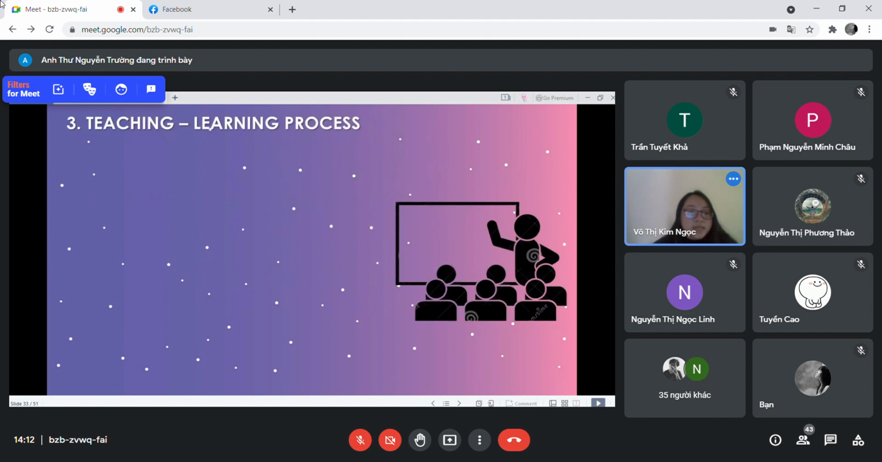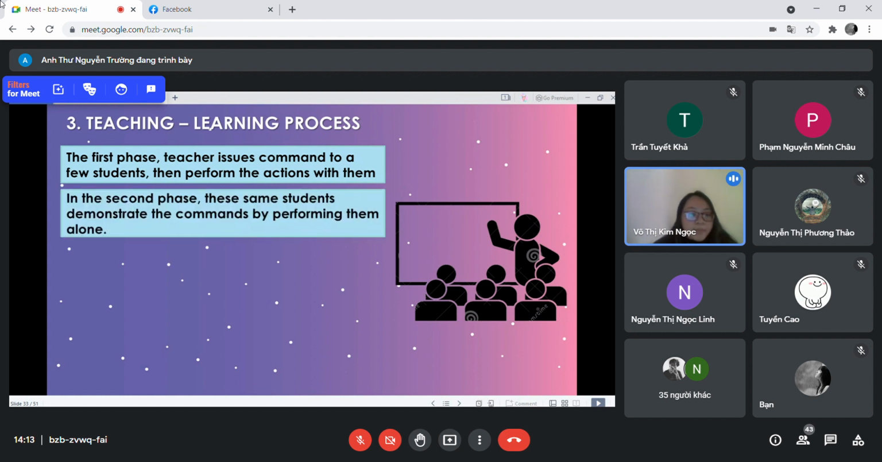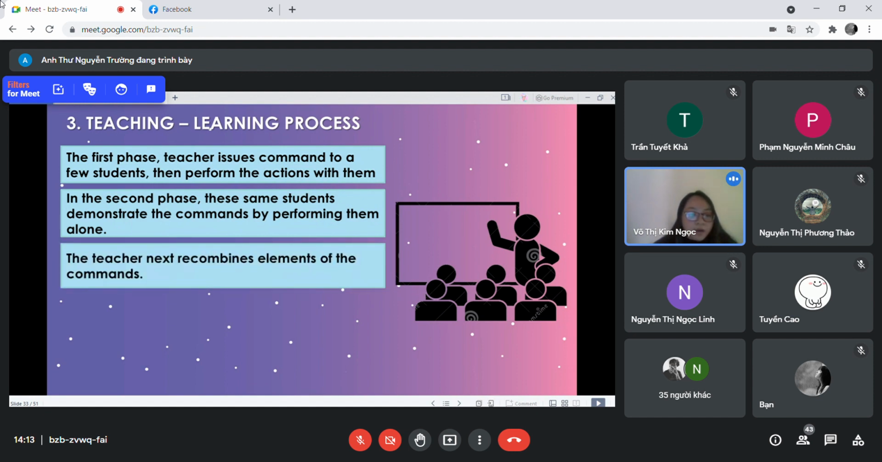Move to the next part, about some characteristics of the teaching and learning process. In the first phase, the teacher issues commands to a few students, then performs the action with them. In the second phase, the same students demonstrate the commands by performing them alone to show their understanding. Next, the teacher recombines elements of the commands to have students develop flexibility in understanding unfamiliar utterances. These commands, which students perform, are often humorous. Like in our demonstration, we had the phrase "jump to the desk." Tuyên and Thảo were so confused, they hesitated to do this,